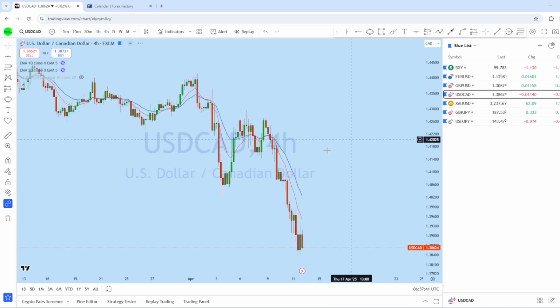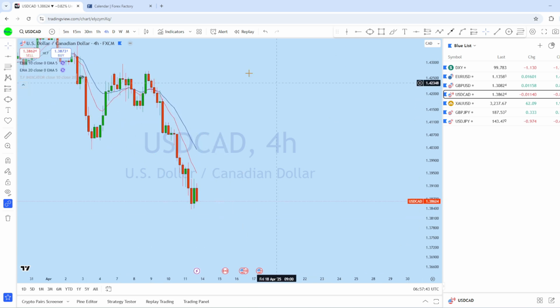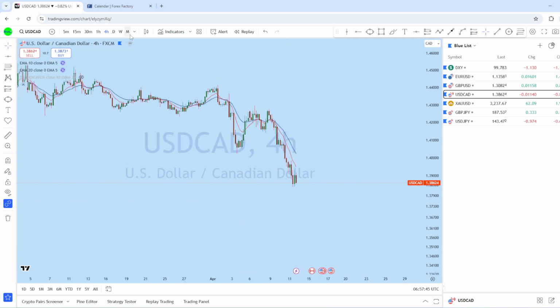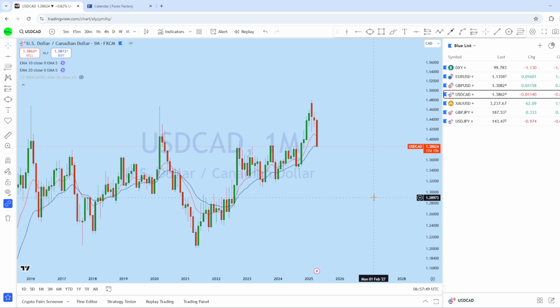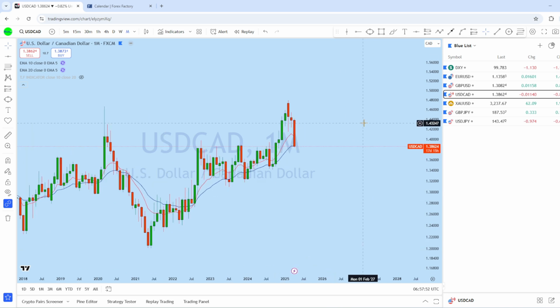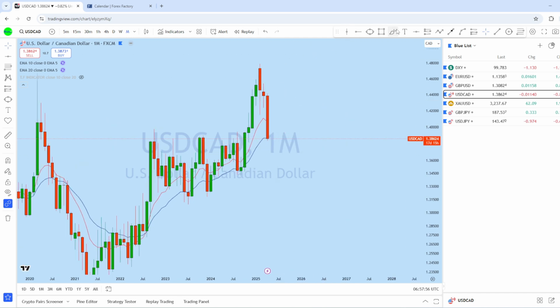Now let's see dollar CAD, what kind of trading opportunity we have in this market. Looking at the monthly chart, we see that with the increasing bearish momentum on DXY, dollar CAD as well could remain bearish here. You can see this bearish engulfer followed by a narrow doji, followed by a big bear candle on dollar CAD from the monthly, giving a high probability for this price to potentially continue to drop